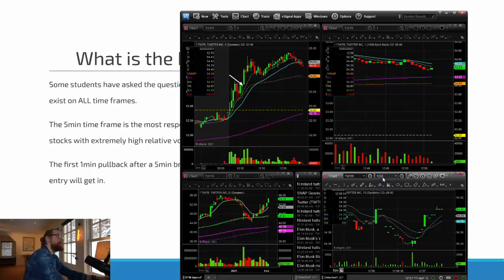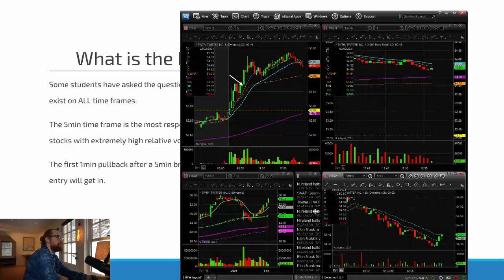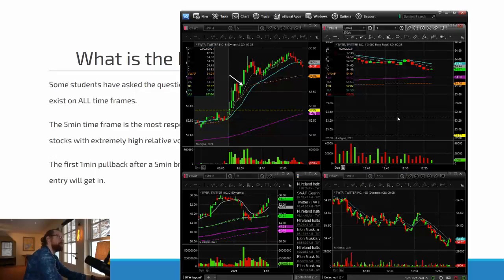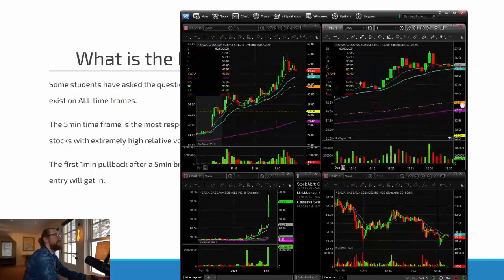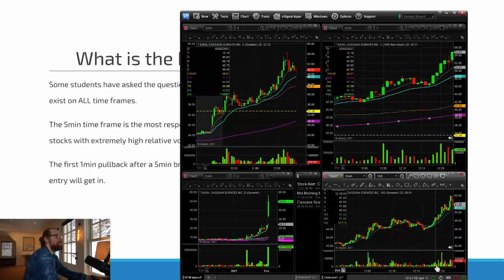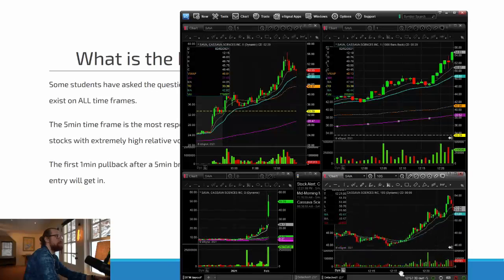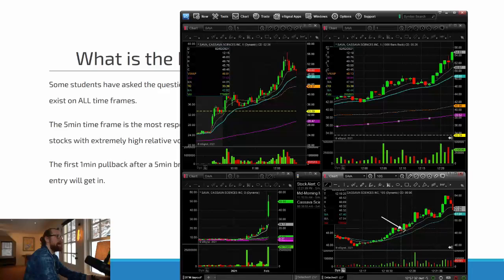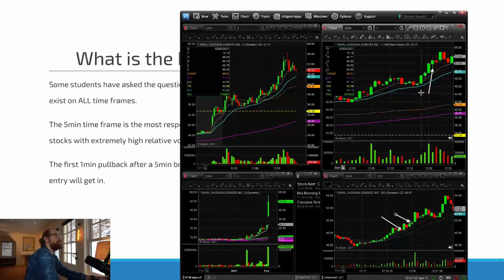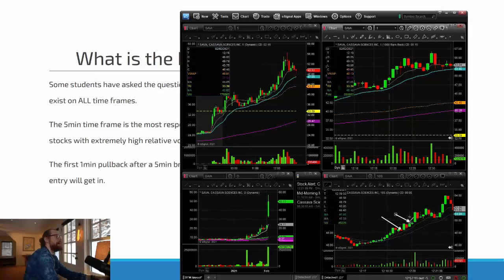I sometimes like the 10-second chart and keep it down here in this small window because when you have a stock that's really volatile, sometimes the 1 minute candles are so big that it's hard to visualize the pullbacks inside them. Sometimes there is a little pullback, like right here, and these occurred inside this move right there. So I do find the 10-second chart can be helpful for visualizing micro pullbacks,